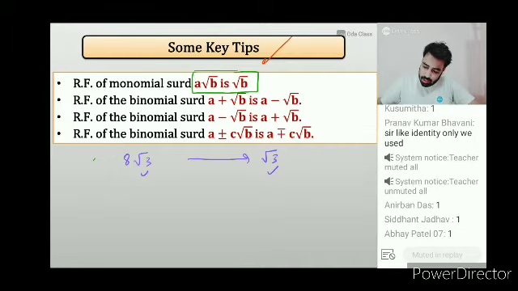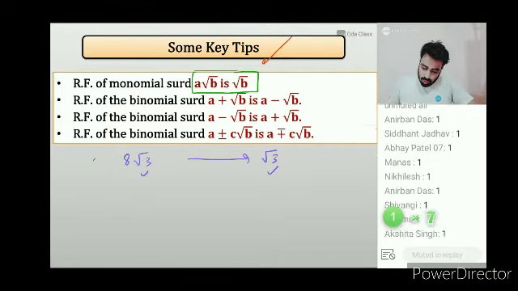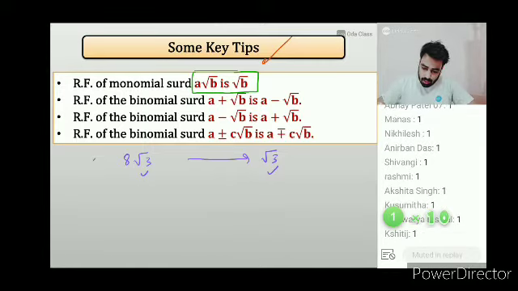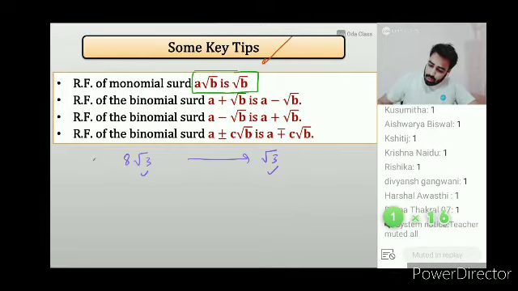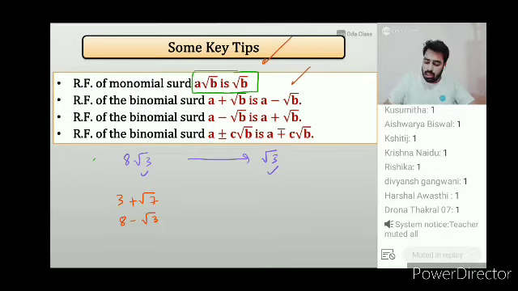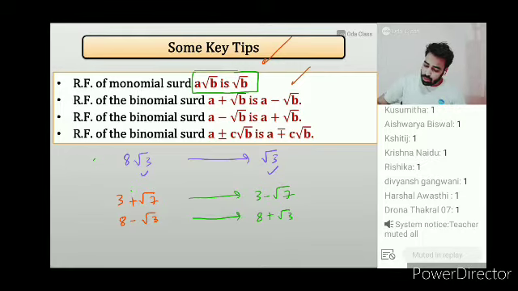The first part is clear. अच्छा, I'll give you all a hint. Don't worry. ठीक है. What about binomial surds? Sir, suppose I have questions like 3 plus root 7 or 8 minus root of 3. In all these types of questions, you change this plus sign or this minus sign so that you can apply the x square minus y square logic. So for 3 plus root 7, the rationalizing factor will be 3 minus root 7. If I have 8 minus root 3, the rationalizing factor will be 8 plus root 3.